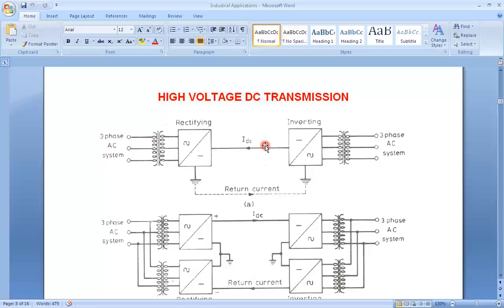Now, if we have to connect two different AC transmission systems at a common point, then by converting the AC to DC of these two different AC systems, we can interconnect them through HVDC transmission line, because at the end of the HVDC transmission line, the frequency is 0. At 0 frequency, both have the same frequency. Therefore, we can connect the two even if the two AC systems are at different frequencies.